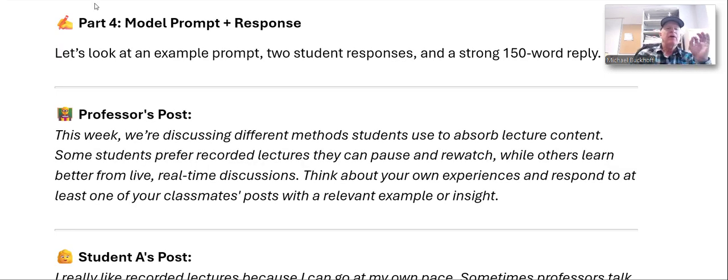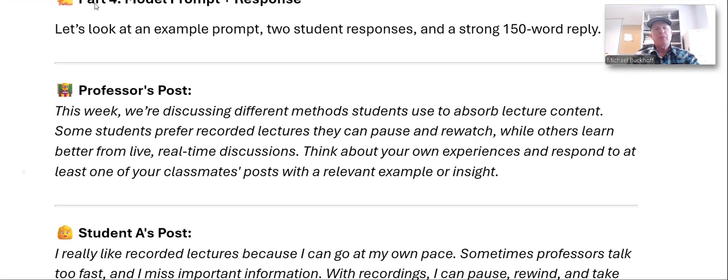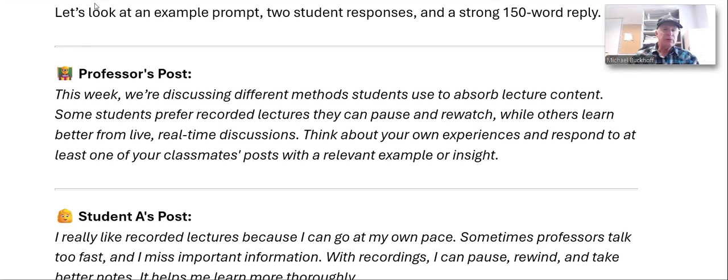So let's take a look at a model prompt plus a response. So let's look at the example. We have 2 student responses, and then there's a strong 150-word reply. So the professor's post: this week we're discussing different methods students use to absorb lecture content. Some students prefer recorded lectures that they can pause and rewatch, while others learn better from live, real-time discussions. Think about your own experiences and respond to at least one of your classmates' posts with a relevant example or